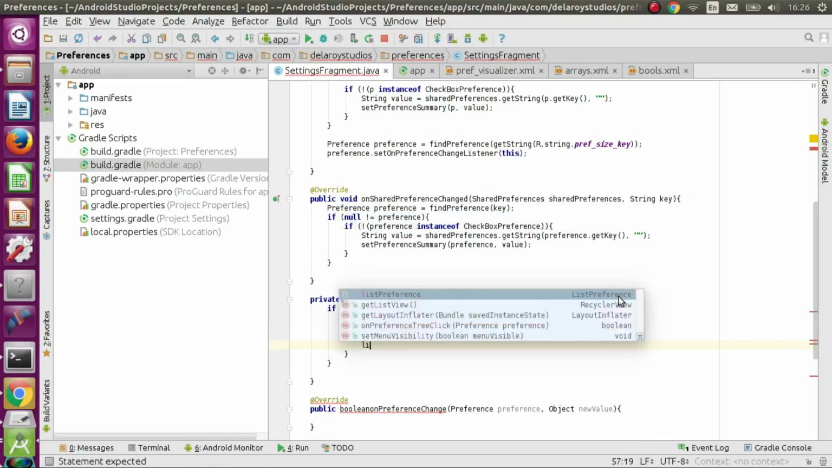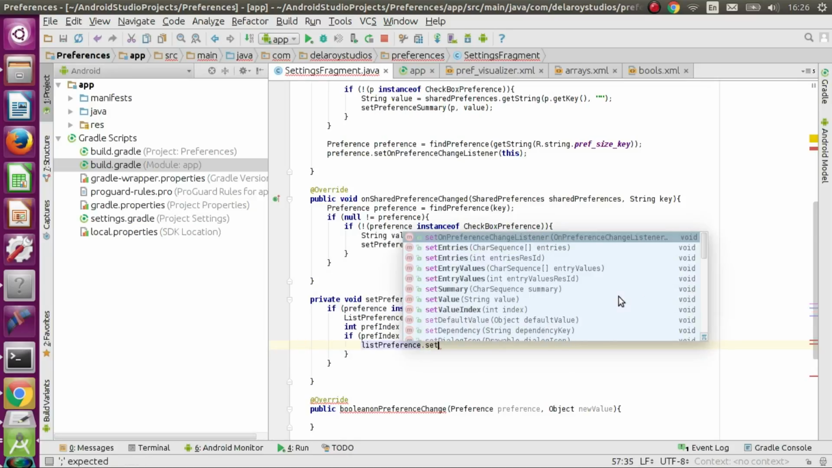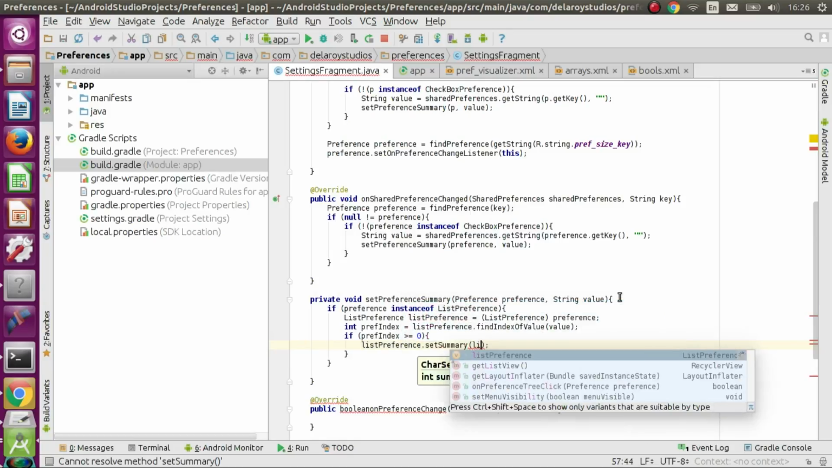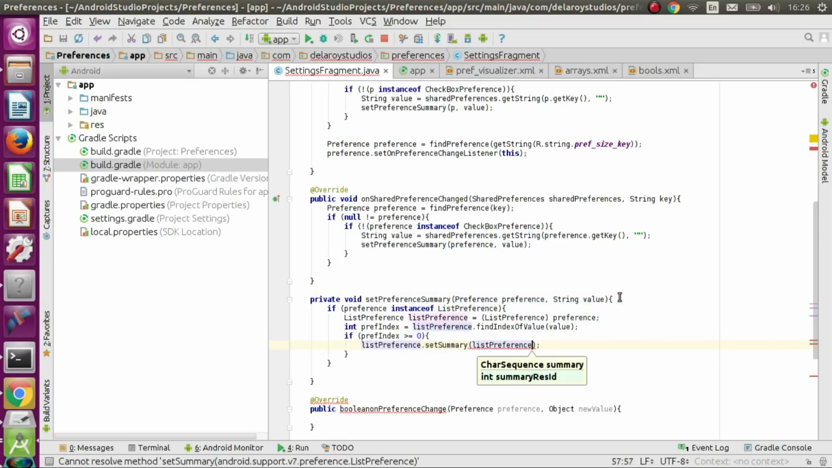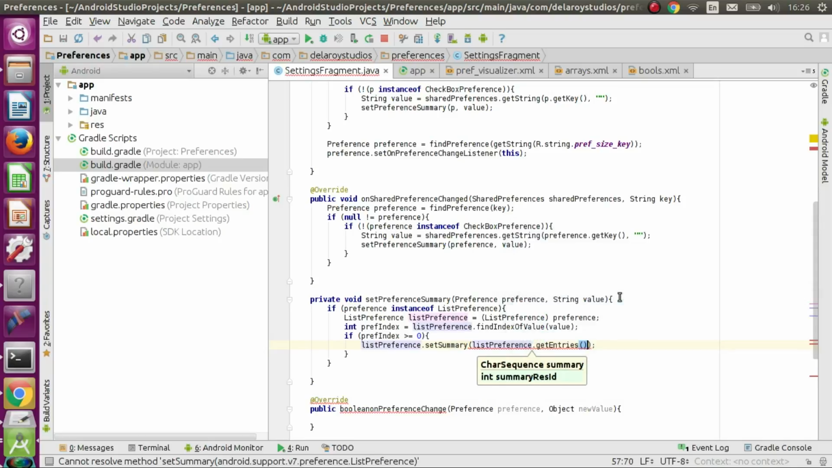we're going to have the list preference set summary. But we have list preference get entries, and we have the bracket for the preference index. Just this way you have that set appropriately. Now else if, that actually sets the summary to that label. Now else if